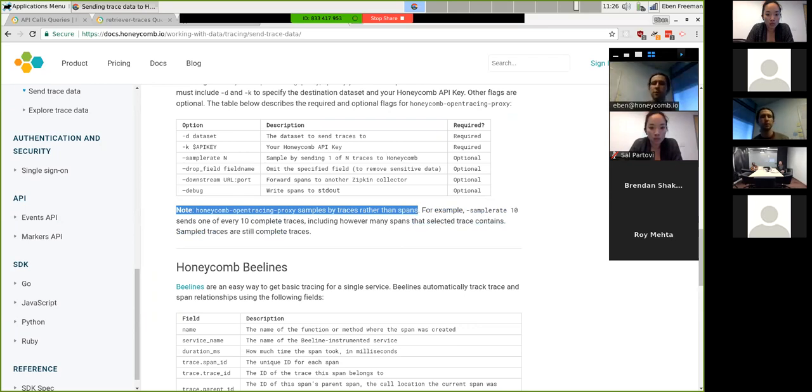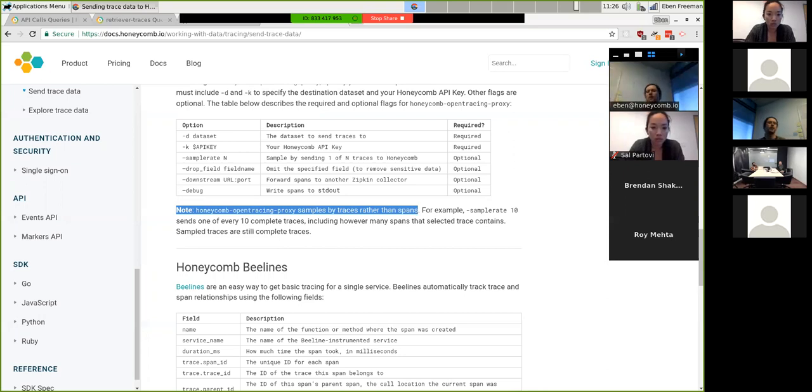This might seem a little abstract, but the net effect is that either we send a complete trace or we drop a complete trace when we're doing sampling. And so you don't end up with weirdness where you have a trace that is randomly missing spans and you can't really figure out what's going wrong. But statistically, the effect is the same. And so because aggregates in Honeycomb correct for sampling, things like count and latency metrics will still be statistically pretty accurate, even though you sampled